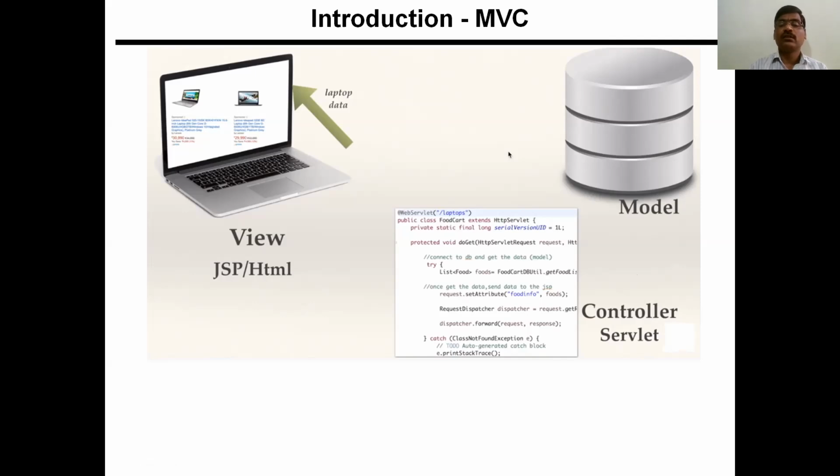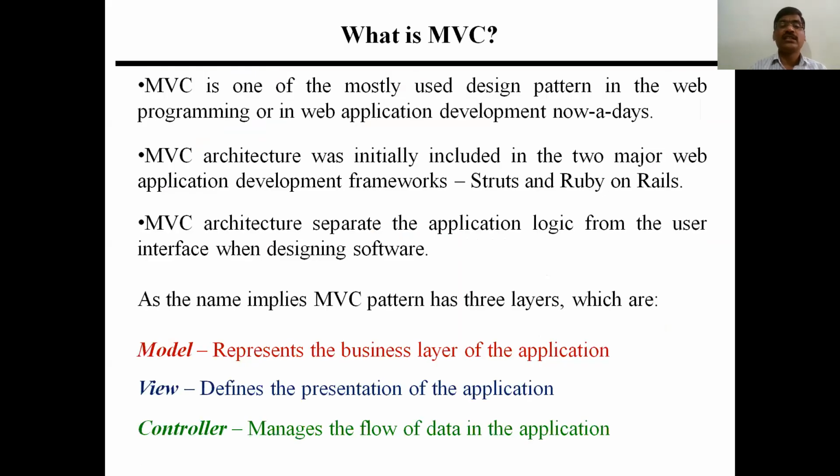So this is what MVC is. M stands for model, V stands for view, and C stands for controller. So model view controller architecture. This type of architecture is followed by most of the web applications or web programming. What we are doing, this MVC architecture is generally or mostly followed for developing these web application softwares. Now coming to this,